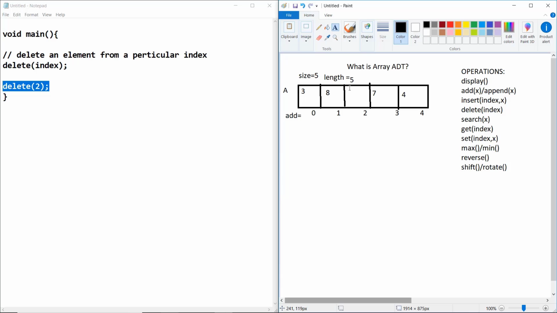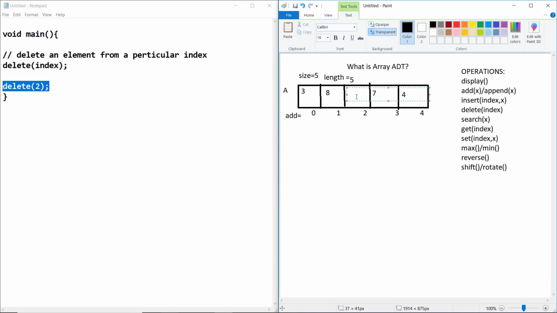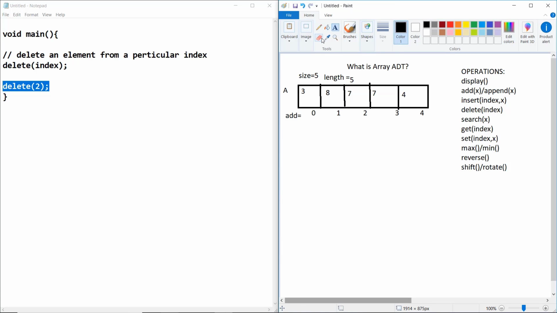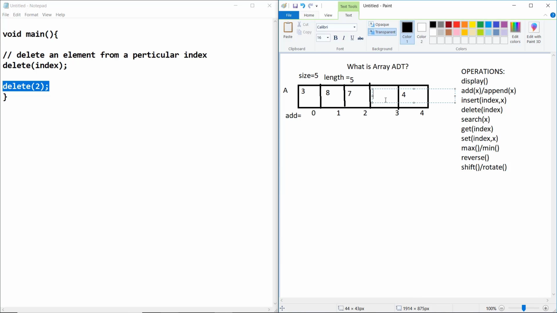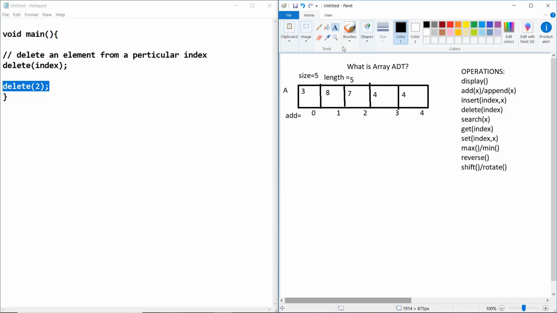So we print 7 here, and delete 7 from this side, and print 4 this side, and replace it with this. Okay, this is our protocol, how we need to delete it.